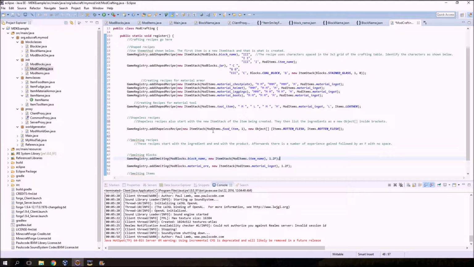Alright, on to shaped recipes. Shaped recipes, a lot like shapeless recipes, they start pretty much the same. You have what you want to get out of the recipe, and you don't have to put a number. You can. But then instead of just listing stuff, you have to sort of create your own little 3x3 grid that looks like a crafting table. So in the comma after the output, after what you want to get, you then just kind of use your keyboard to create a 3x3